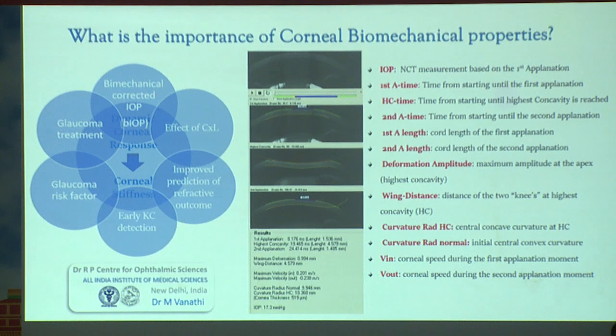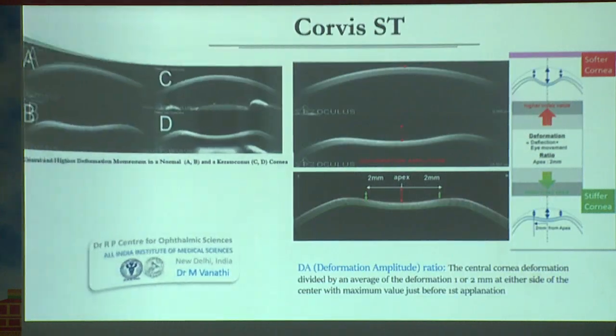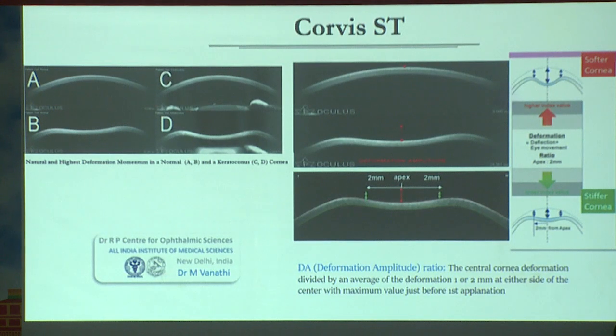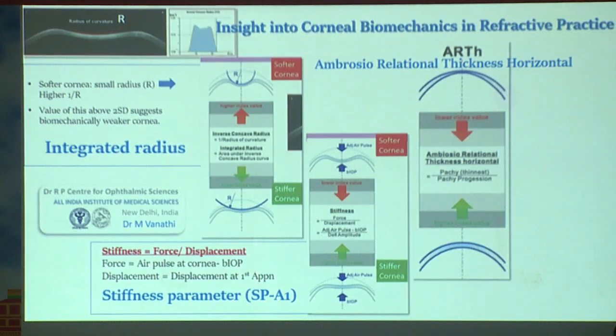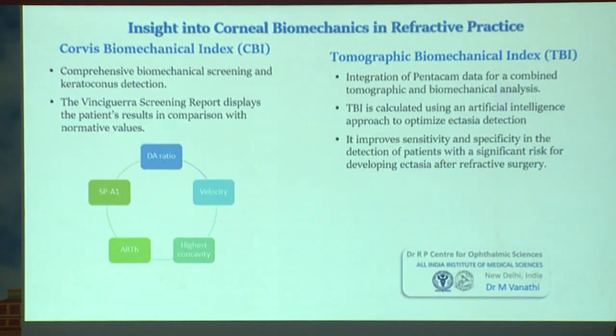There are about 14 to 16 parameters which one takes into analysis if you're looking at the research mode of application of this device here, and I won't trouble you with a lot of those data. But something which in particular is the integrated radius, the Ambrosio relational thickness, the stiffness parameters, and the applanation time. So these are particularly important ones which we need to look at and which we compare when we are looking